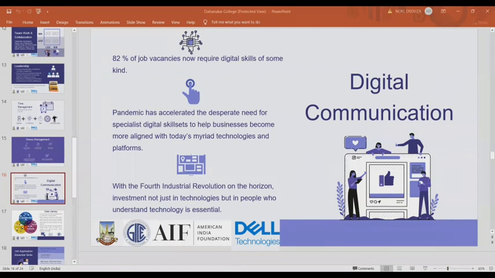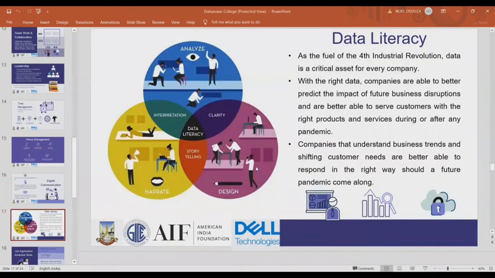Next is data literacy. Data literacy is very important in an organization and heavily dependent on the employee's ability to learn new language. So professional performance is linked with a good grasp of data, helping make better decisions and adding weight to your argument. So how much research, how much knowledge do you gain? That is very important. Next.